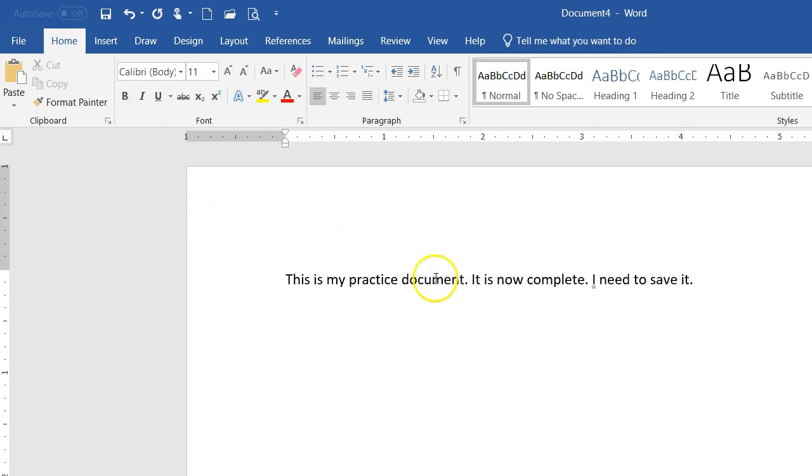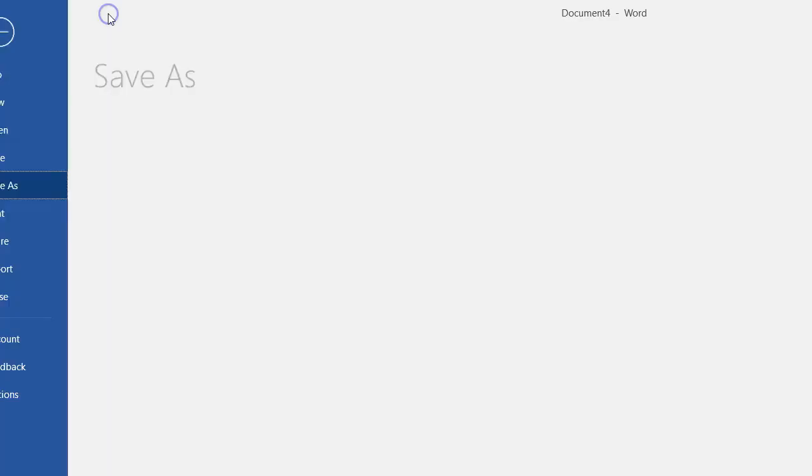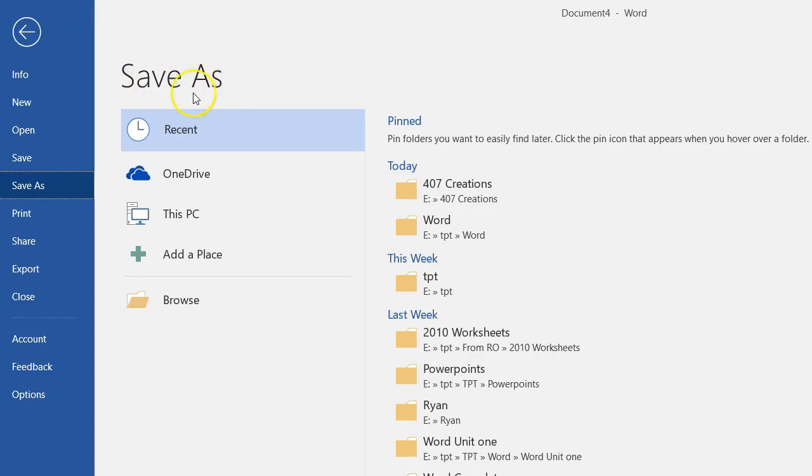So if I click the save icon up here on the top, it will take me to the Save As screen. Save As tells me that this document has never been saved before and I need to give it a name. But first I need to choose where I want it to be saved. So I go to Browse,